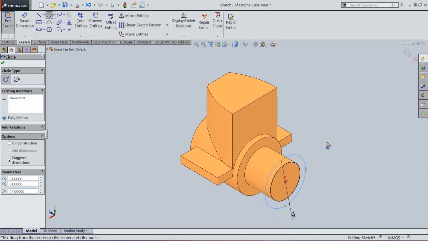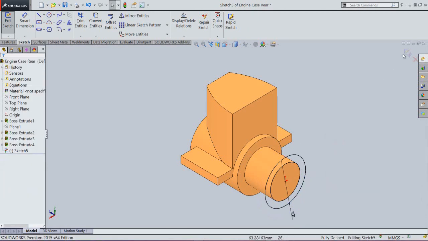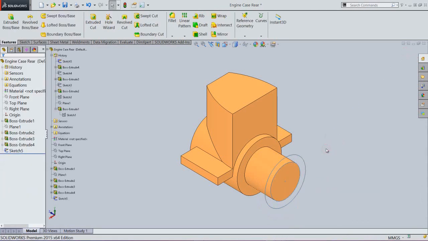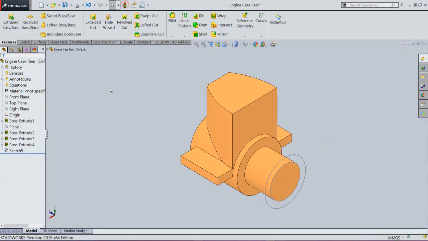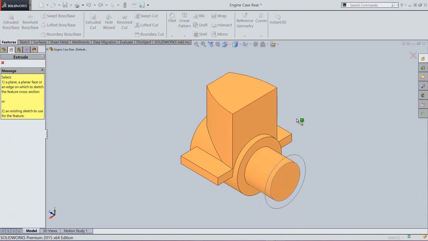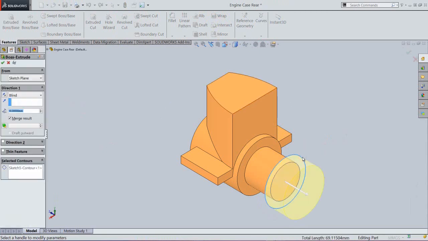The diameter of this circle will keep 22 mm. OK, finish the sketch. Now activate the extruded boss base command. Select this circle and set the depth value 6 mm. OK.